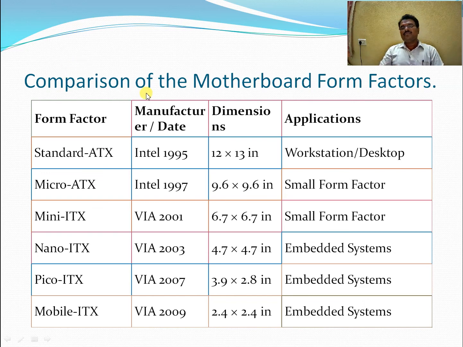So we can conclude that the motherboard form factor is the physical size and shape of the device. As we are discussing the motherboard, the form factor is the physical size and dimension of the motherboard. Generally all the components like CPU, RAM, etc. are mounted on the motherboard. While choosing the motherboard form factor, whatever RAM, CPU, and components we are going to purchase must be compatible with the motherboard. So while purchasing, you must remember the form factor of the motherboard, whether it is suitable to our devices or not. So this is all about motherboard form factors.